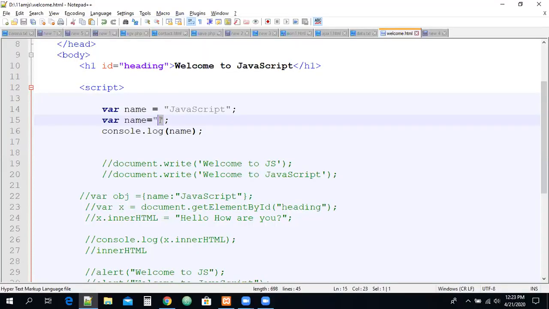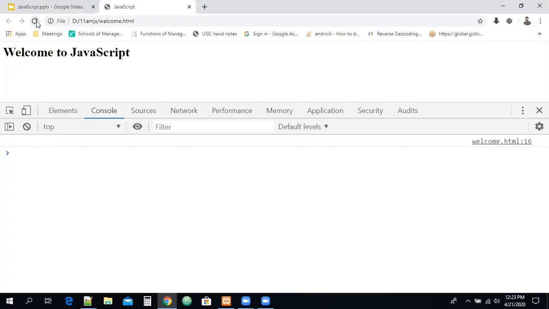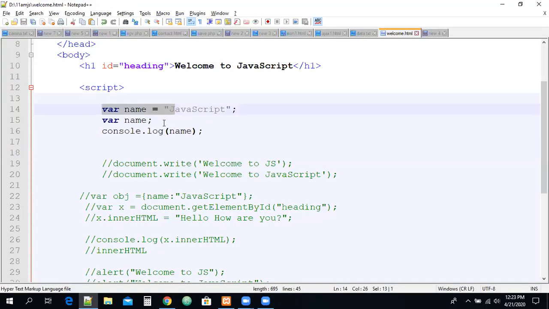So when we assign an empty value, the JavaScript value will be overwritten with the new value. What is the new value? Empty value. But if I take nothing here, then what is going to happen? This variable is working fine, and now you are getting JavaScript. So this is how the values are resolved, guys.